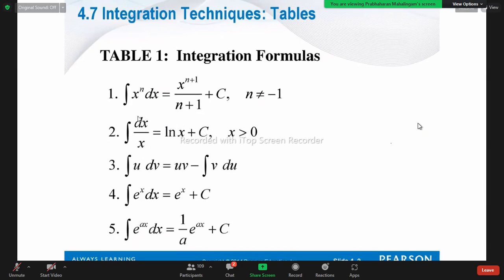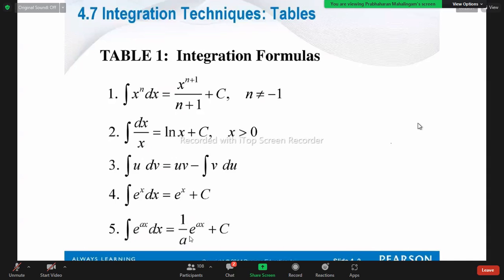It's called the chain rule. According to the chain rule, the compound function should be integrated. This is a simple integration formula. I will teach you the simple integration formula now. Here du, dv: u is one sort of function depending on x, v also one sort of function depending on x. That's why the equation comes there. So e to the power x is e to the power x. e to the power x square is not the answer for e to the power x square. Right? Be very careful. If it is in simple form, okay. I will explain that. Right? e to the power ax into dx. If you write e to the power x plus 3, it is a wrong answer.